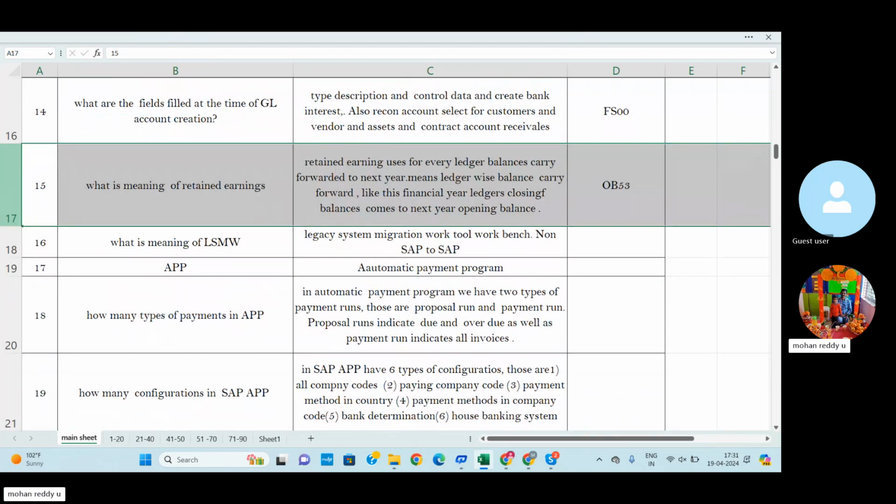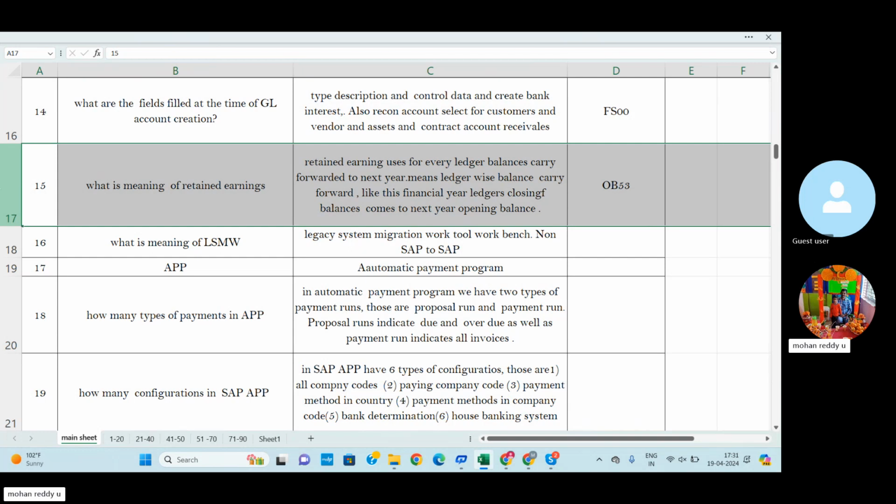Using this retained earnings option, each and every company, like those using SAP ERP, carries forward each ledger balance. For example, if the financial year ends on March 31st, then up to March 31st, each ledger balance, how much is payable, how much is receivable, and the asset values, is determined.